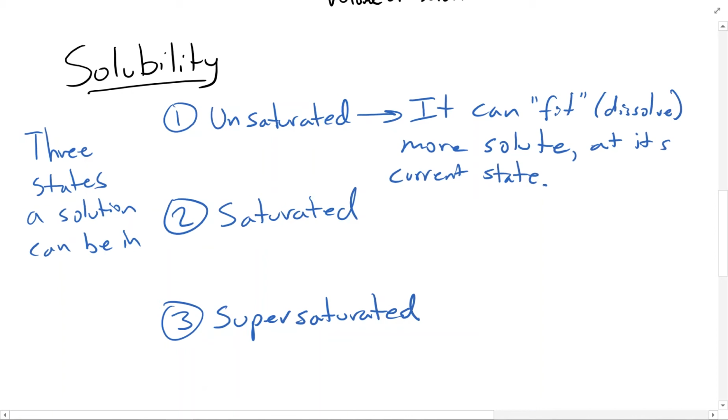So what do I mean by at its current state? I mean without increasing temperature or changing anything, it could dissolve more solute. If you poured more in, it would dissolve. This is unsaturated. Saturated means